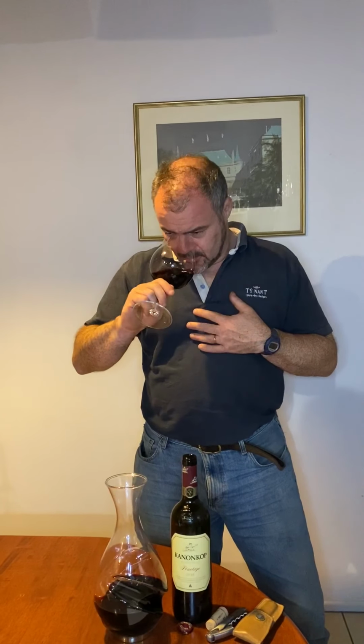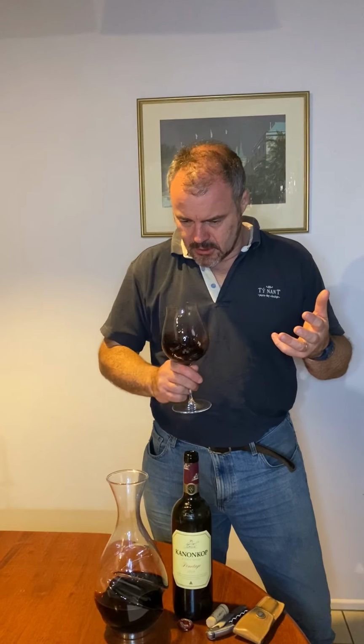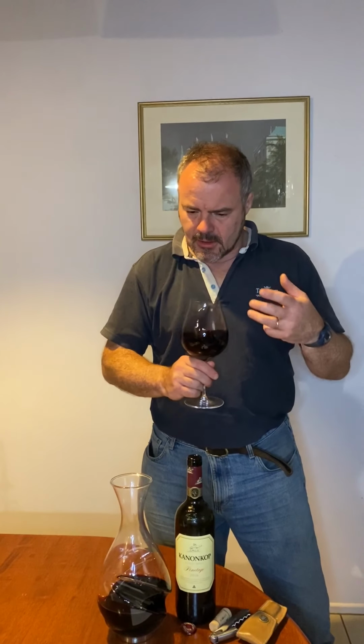Now, with Pinotage, one of the things that can happen with the classic style of Pinotage is it's quite acetic in its aromas, and this actually does smell quite volatile. It smells spicy, it smells smoky. There's a slight smoky bacon note to it, but then there's a really lovely deep fruit from those old vines